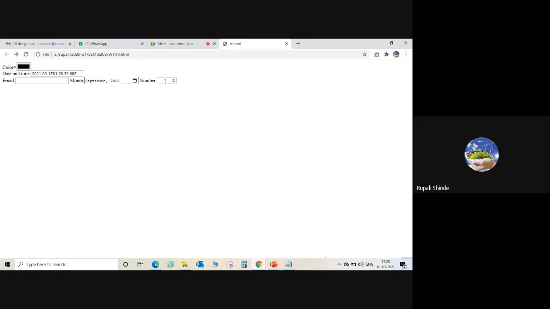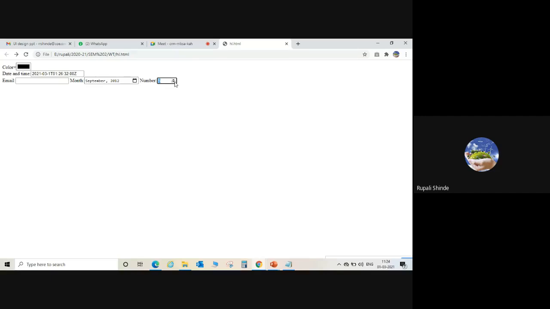Okay, the number box is available here. So you can add here the number 4. Here we cannot add the number 3. We cannot add the number 4 also, because the minimum limit is 5. And 81 also we cannot add, because the maximum limit is 80.